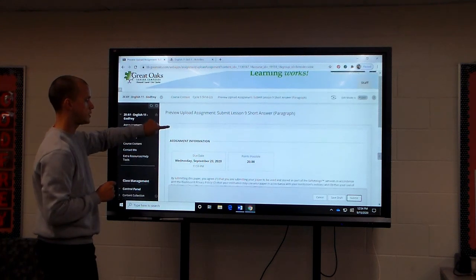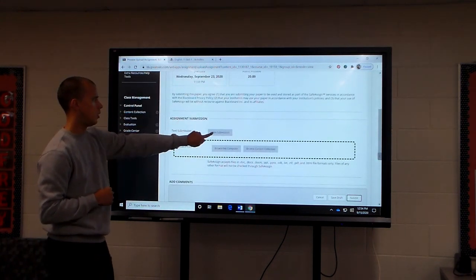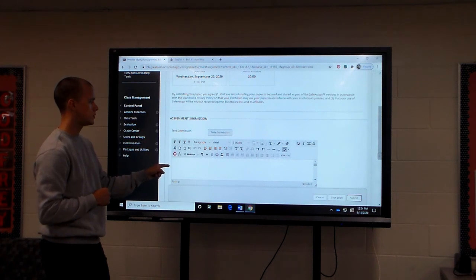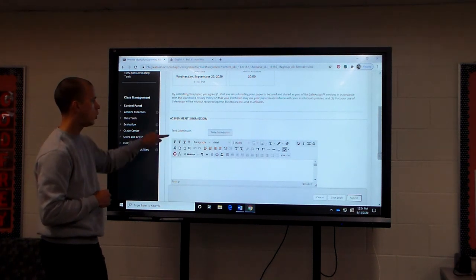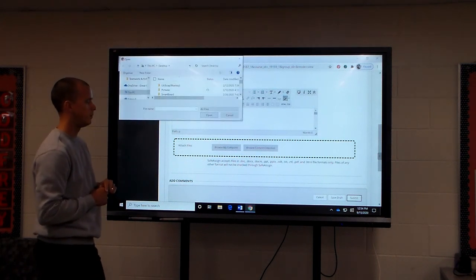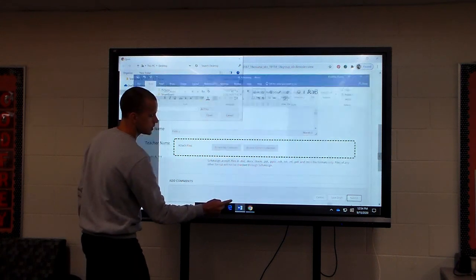You'll have 2 choices, as always. We're pretty cool with both. You can either write submission and have your 4 parts, 4 sentences right here, so that's technically a full paragraph, or you can browse my computer. And the browse my computer is going to utilize this format,